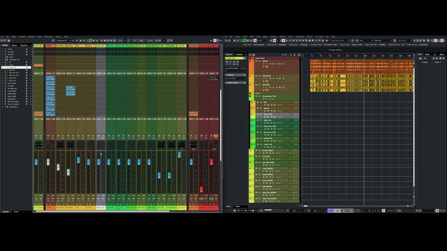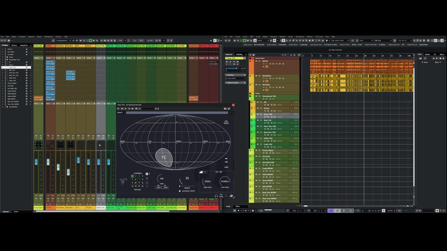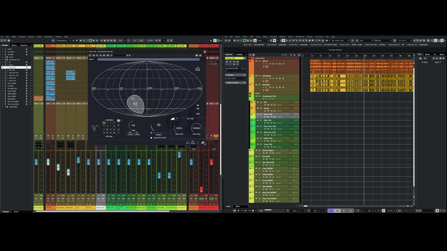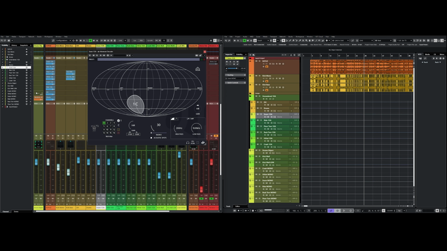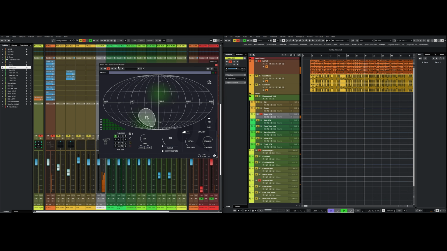First of all, I have the snare. This is my snare here. And from my Ambisonics signal, I am sending my track to an Ambisonics track, which is going to be for the snare. So I just have an equalizer here and then a decoder. And the decoder is pointing where the snare is being captured the loudest. So if I solo this track, and I press play,